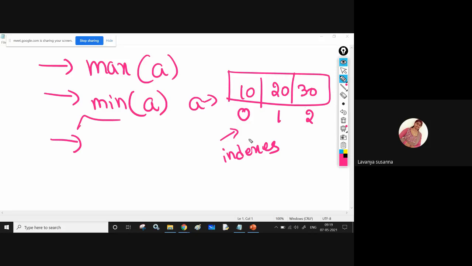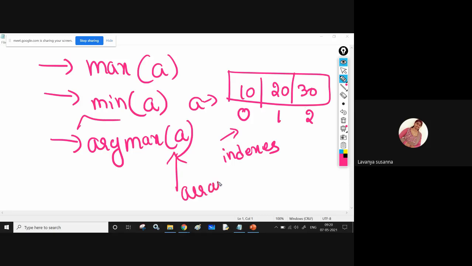If you want to find out the index position of the largest element, use argmax of A. You need to pass an array object. Argmax of A will return the maximum value's position.